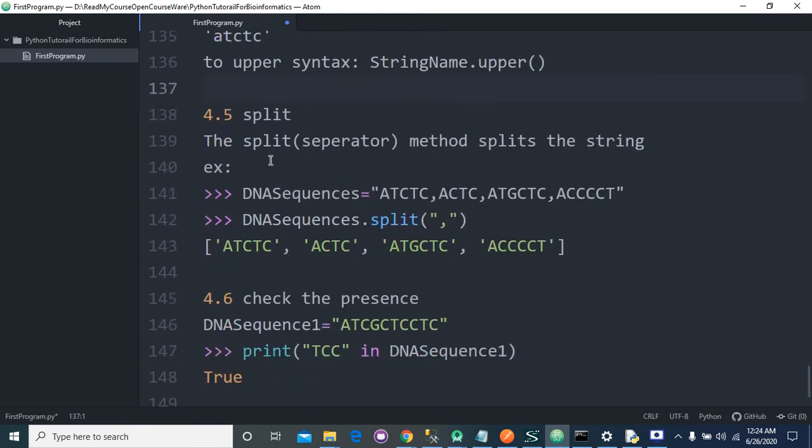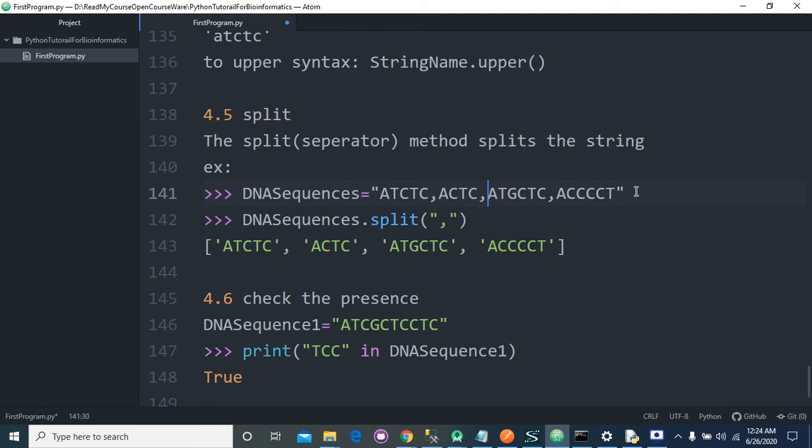Split. If we want to split the string, then we will use the split method, and we need to pass a separator to split the string. Let's say we have DNA sequences separated by comma.